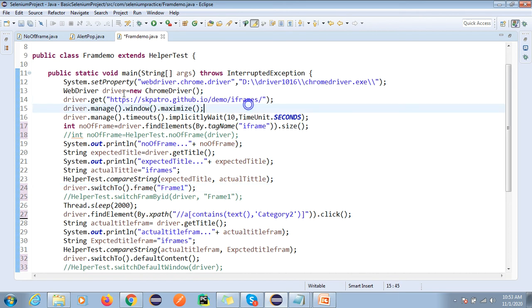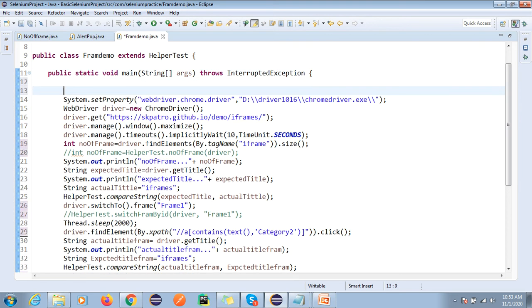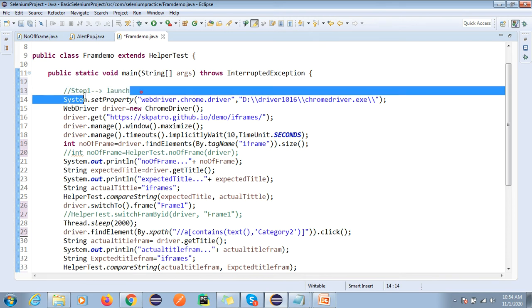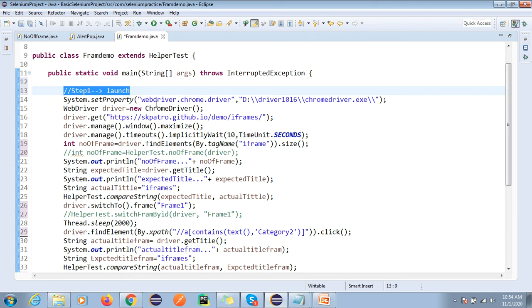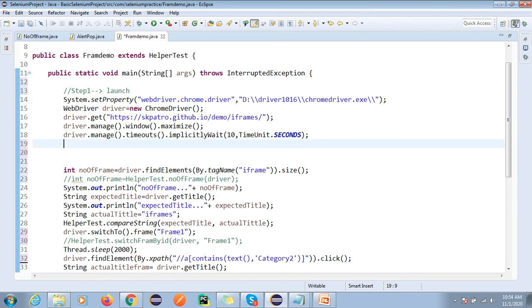So I will go by steps. So this is your first step. We are going to launch your browser. Step one, right? So we are launching the browser. This is the common step, right? Look, if you do not tell me where you are not able to understand, how can I understand? So these steps, I think everybody will understand, right?